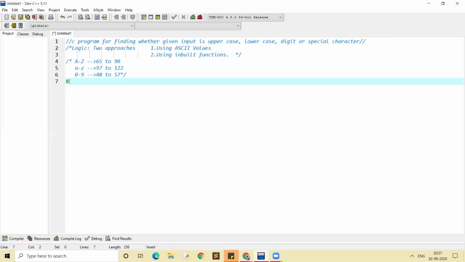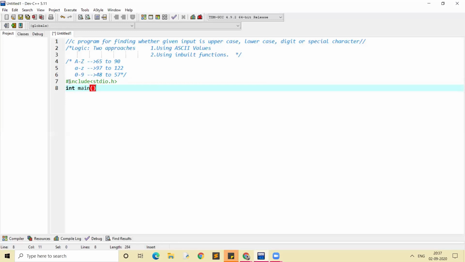Starting with the header file #include <stdio.h> and then int main, flower brackets open, declaring the variable. Here we have to check the character, so we have to define the variable as char data type. Char ch.